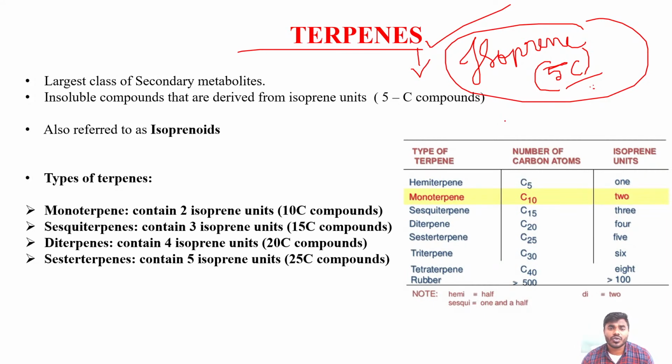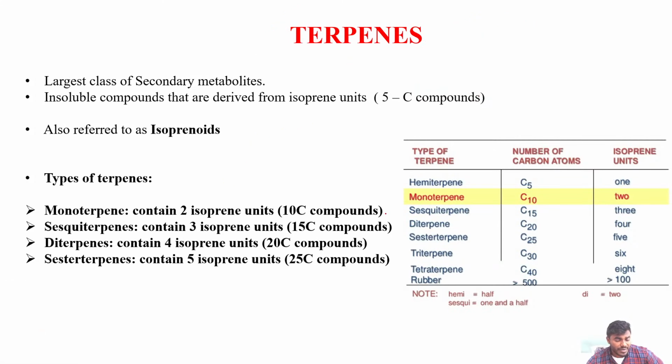But every student keep it in your mind. If you want to form an active terpene, listen to me carefully, friends. Please remember, minimum we will require 2 isoprene units. Always remember the statement: without a minimum of 2 isoprene units, it is very difficult to synthesize terpene molecules. Remember this compulsorily: when 2 isoprene units are associated with each other, we call it monoterpene, 10 carbon. 15 carbon we call sesquiterpene, 20 carbon diterpene, 25 carbon